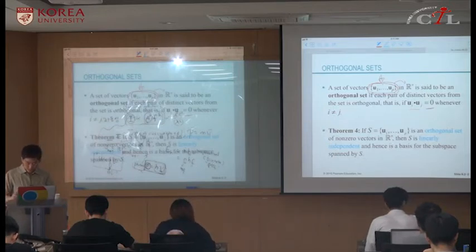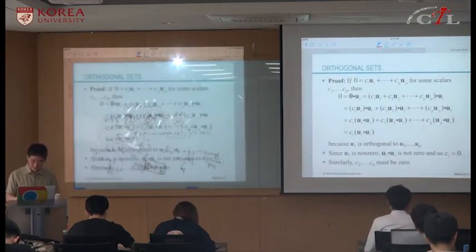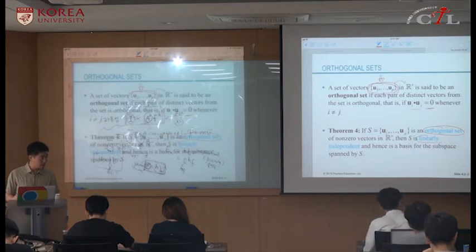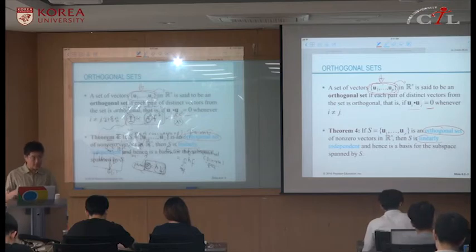Okay, so let's just prove it mechanically, without much of our spirit or intuition. It is saying that if the set is orthogonal, then the vectors are automatically linearly independent. In order to prove that, let's